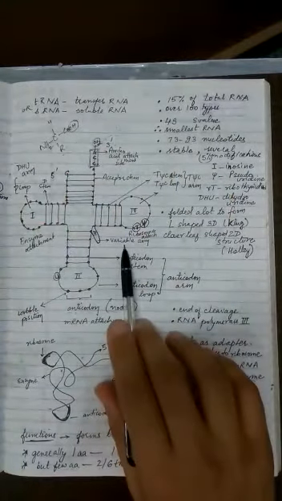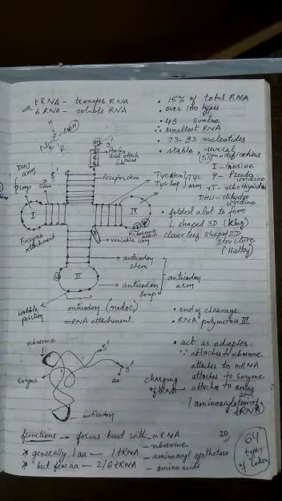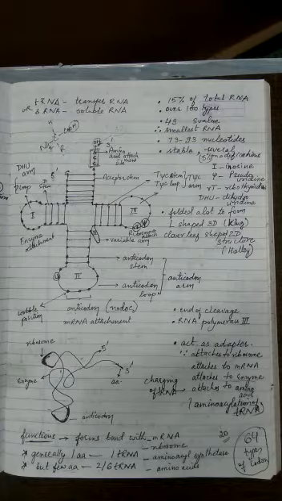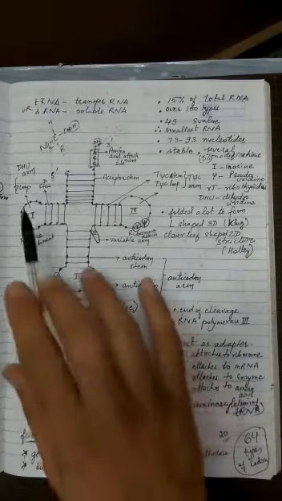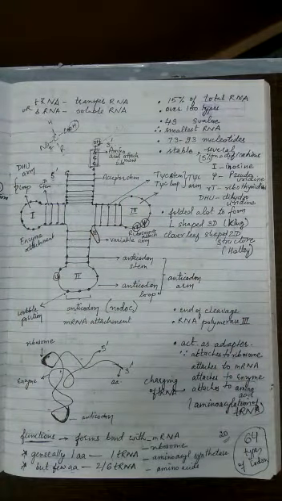This arm is the variable arm. It is found in some tRNAs, it is not found in some tRNAs. So far scientists have not identified any particular function for this variable arm. So it is a functionless portion so far, it may or may not be present, so it is a variable component. But all other portions are always found in a typical tRNA.